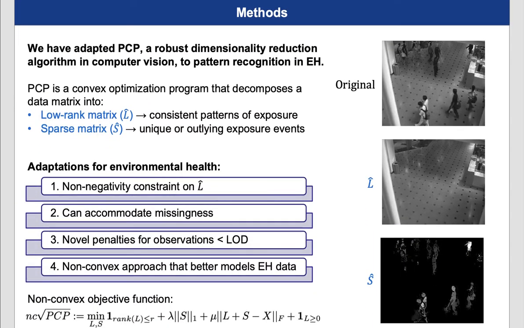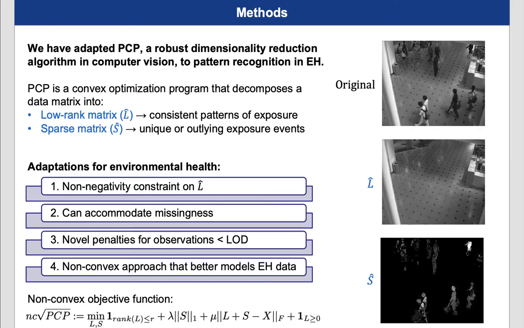Our solution to this is the Convex Optimization Program Principal Component Pursuit, or PCP, a dimensionality reduction technique from computer vision. PCP decomposes a given data matrix into a low-rank matrix that encodes consistent patterns and a separate sparse matrix that captures unique or outlying events. In this way, outlying values do not affect the patterns identified by PCP and can be utilized as separate information